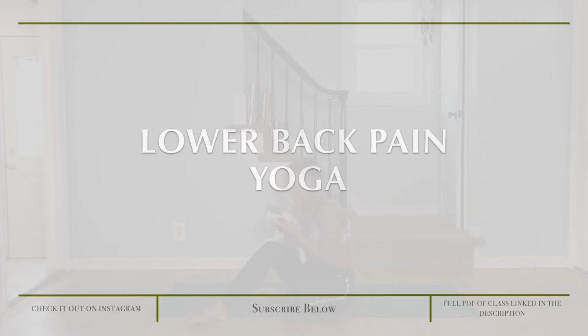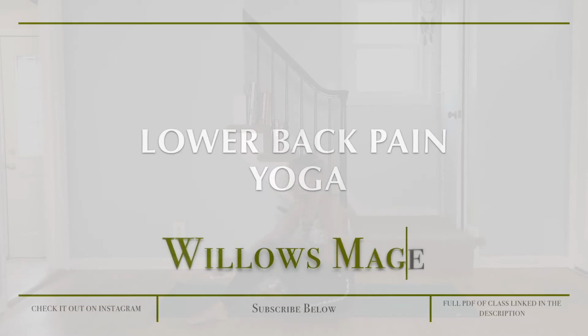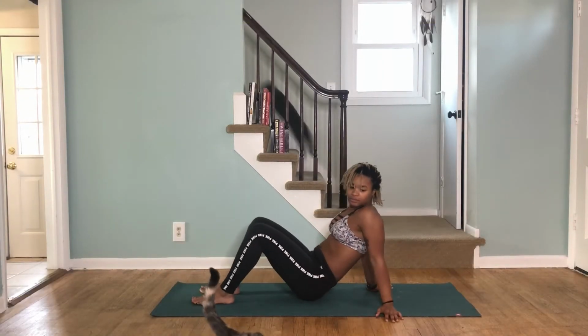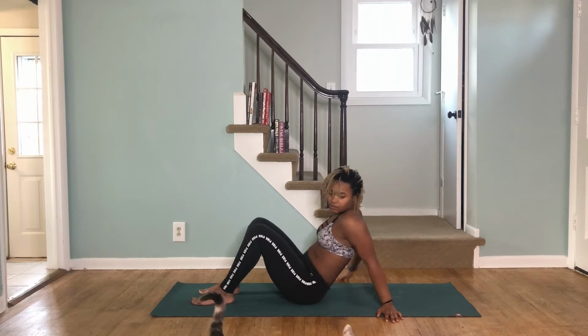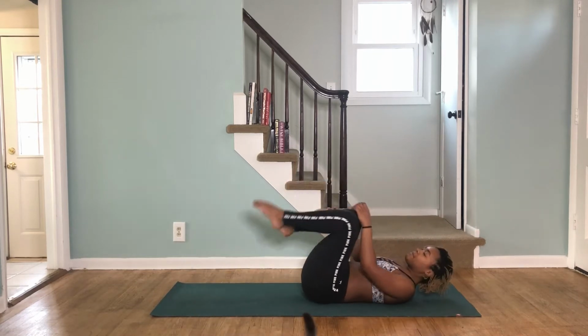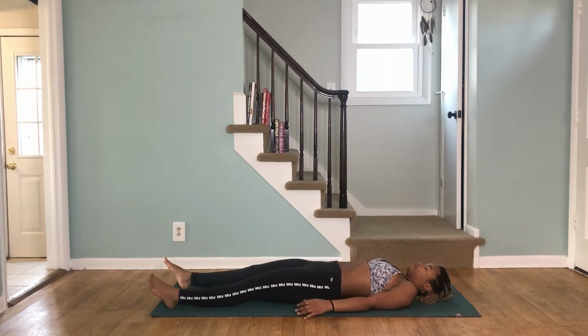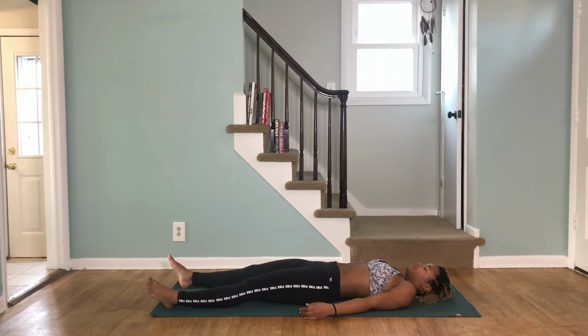Today I have a lower back pain practice for us. Lower back pain, as I'm sure you know, is super annoying to deal with. I've had it for the past year, but I've found that it's often tied to our iliopsoas muscle. It's one huge muscle that connects our lumbar spine all the way to our hips, and it can often be